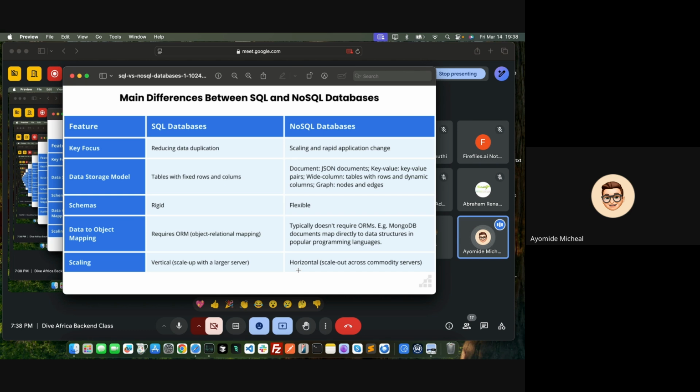And then for scaling, there's vertical scaling and there's horizontal scaling. If you want to scale a SQL database, you have to increase the size of the server. You want to increase the RAM, the CPUs, and the storage. However, for NoSQL, you can do horizontal scaling. Horizontal scaling means adding another system. Instead of increasing the current system, you add another system to be handling